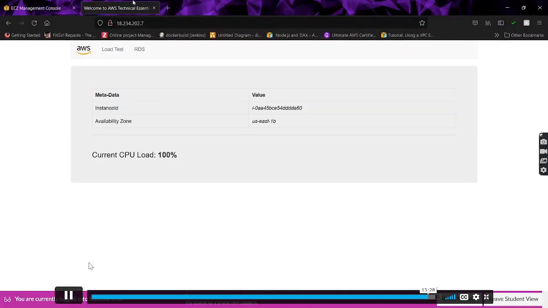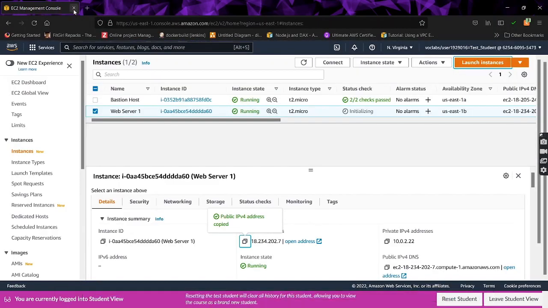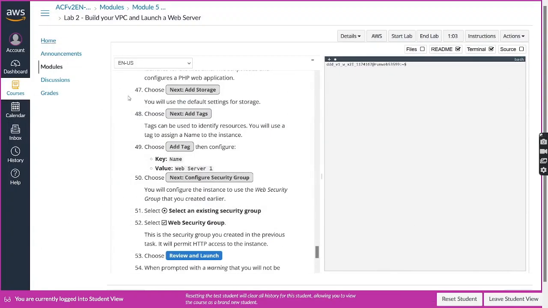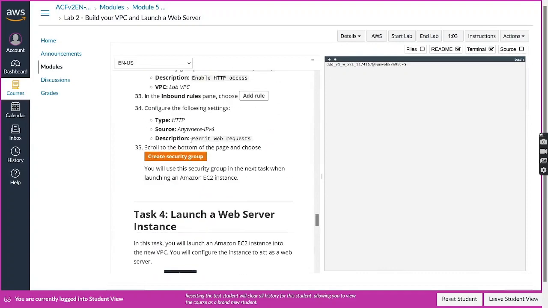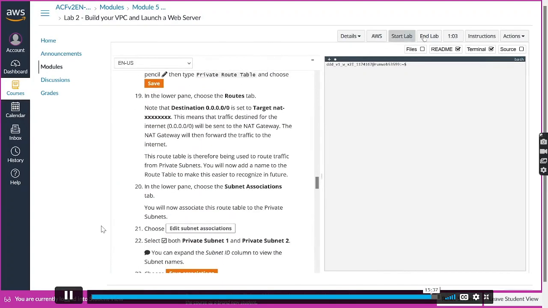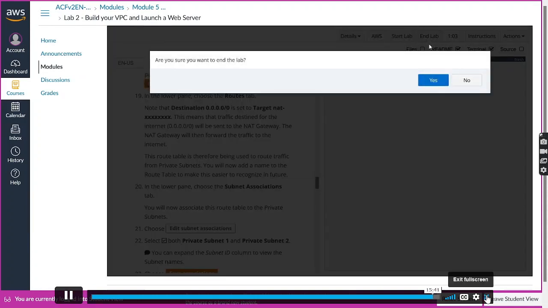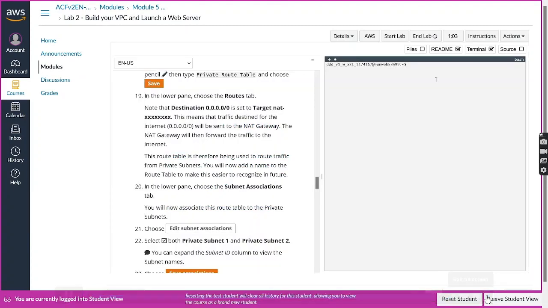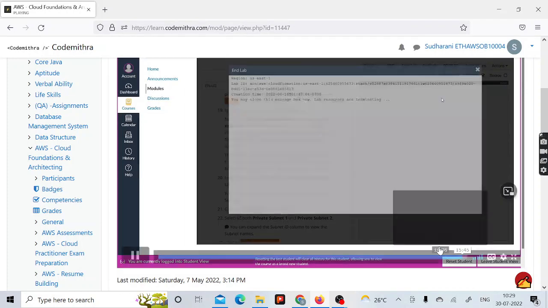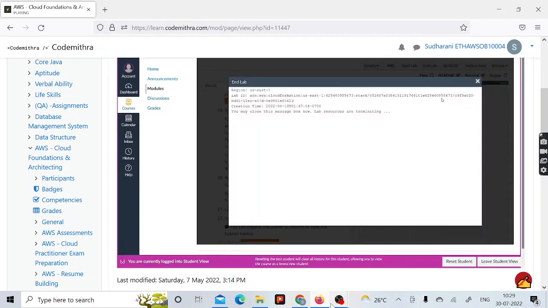So now you have to close this tab. You have to close this, and then you have to come back here and press this button, end lab. This pop-up will appear and your lab is now